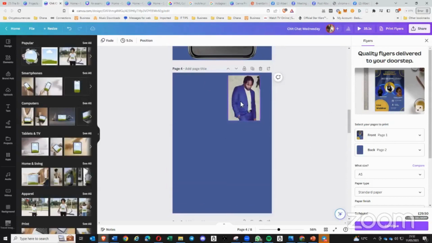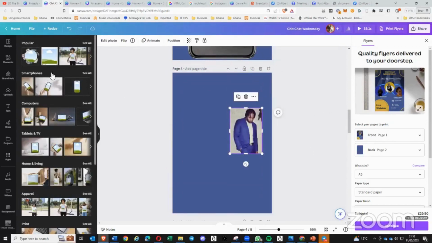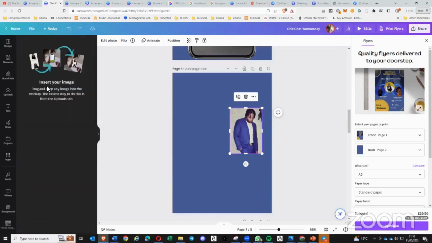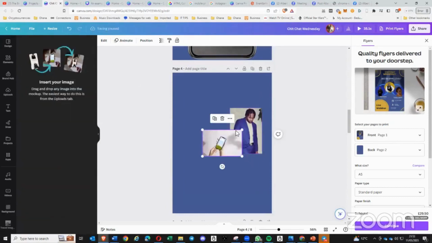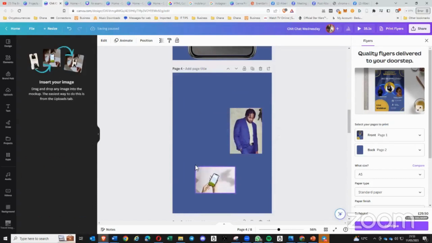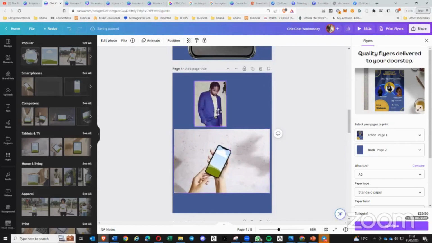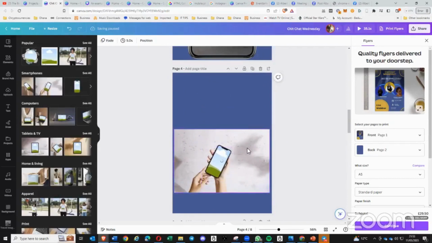one of my favorite ones is to make it look like someone's holding a mobile phone. So let's just say I didn't do the one that I did last time. So if I can open that. And I can make it look like the image is inside someone's mobile phone. So there's all these kind of things that you can do. Now, on a more basic level, one thing that I wanted to show you is, let's just say, for example,